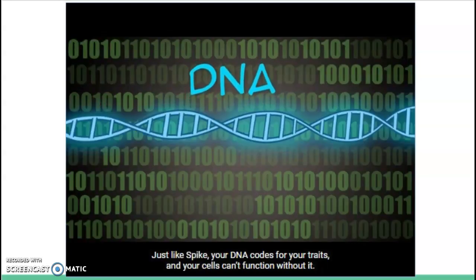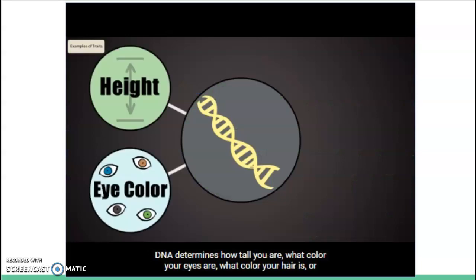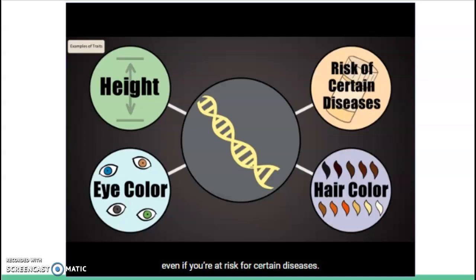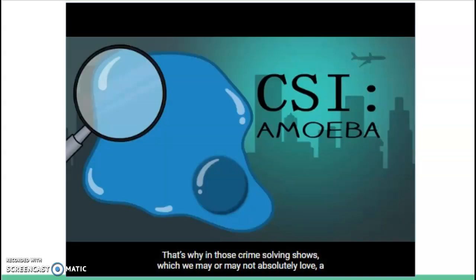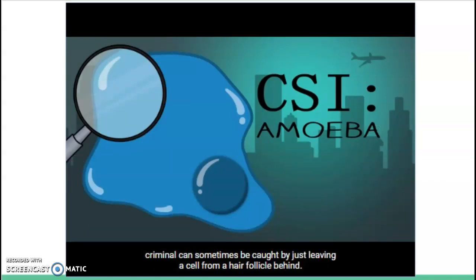Just like Spike, your DNA codes for your traits, and your cells can't function without it. DNA determines how tall you are, what color your eyes are, what color your hair is, or even if you're at risk for certain diseases. Also, like Spike, your entire DNA code is in most of your body's cells. That's why in those crime-solving shows, which we may or may not absolutely love, a criminal can sometimes be caught by just leaving a